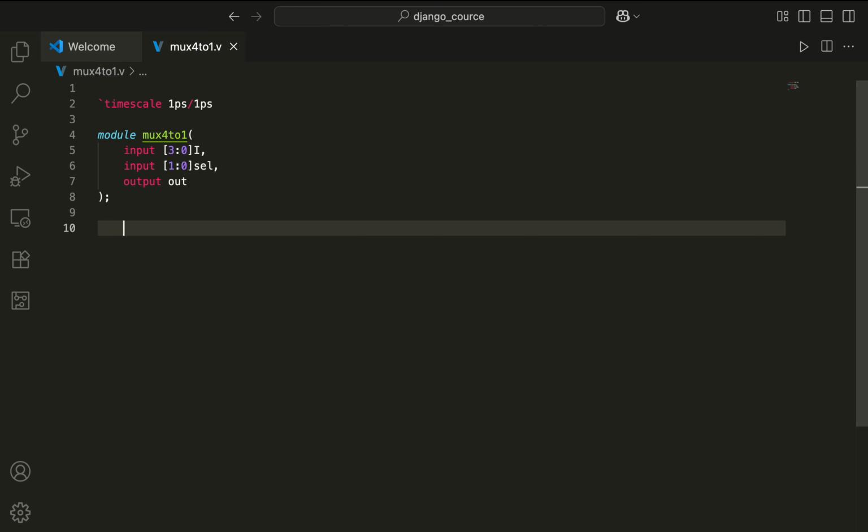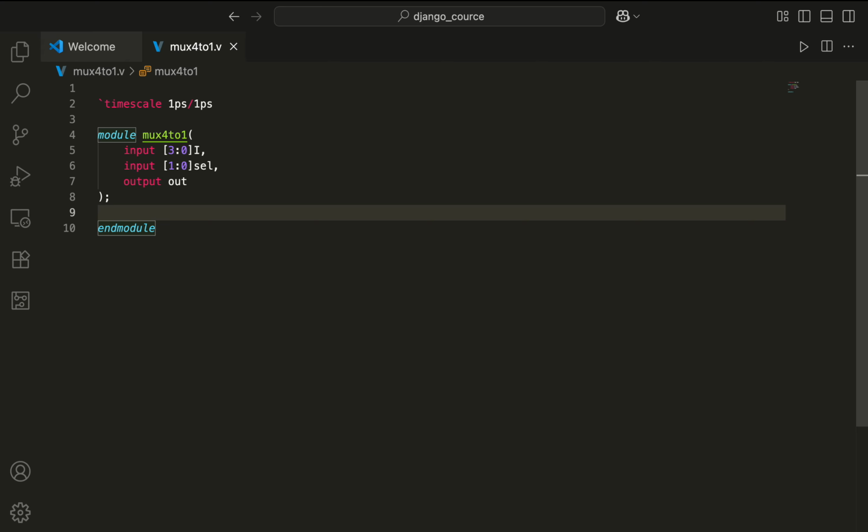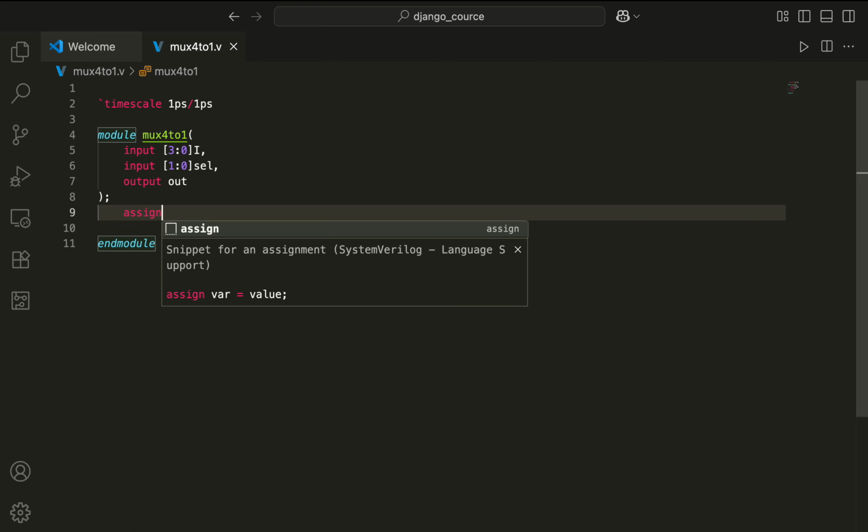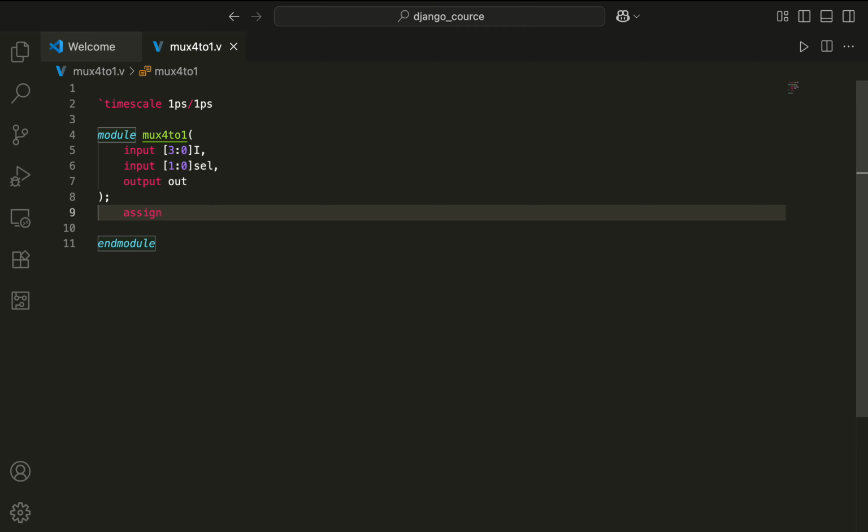There are multiple ways to do it. Let me just write endmodule and then we will start. First is data flow modeling. You can use a way that is assign out. You can write as